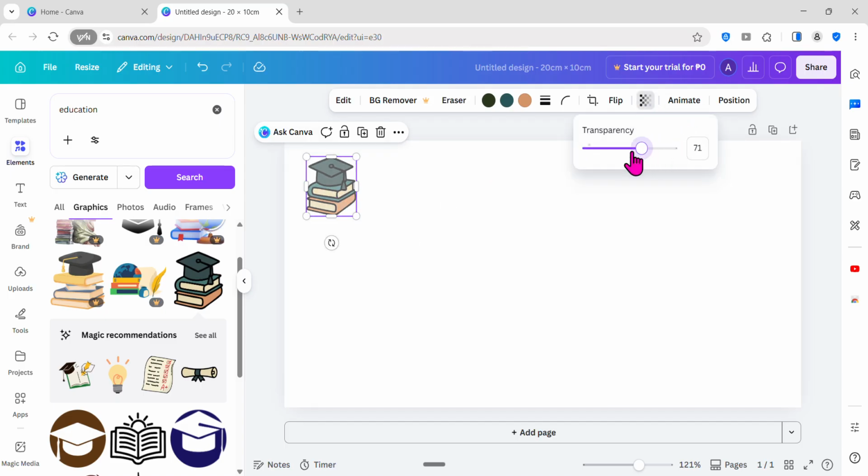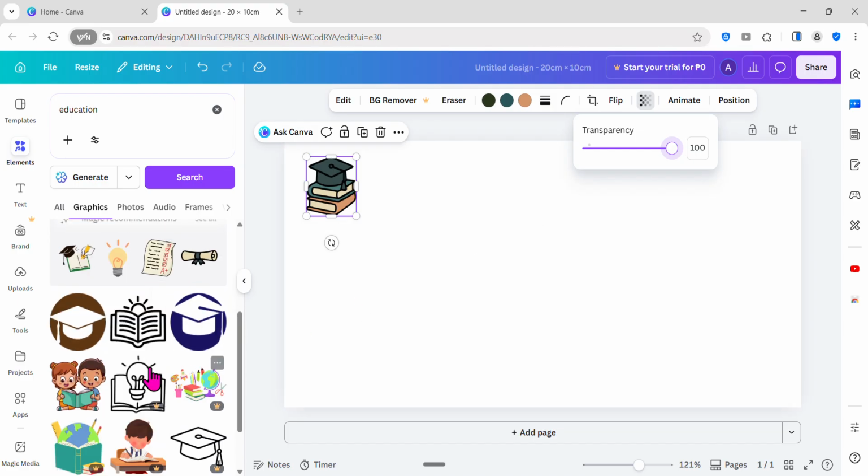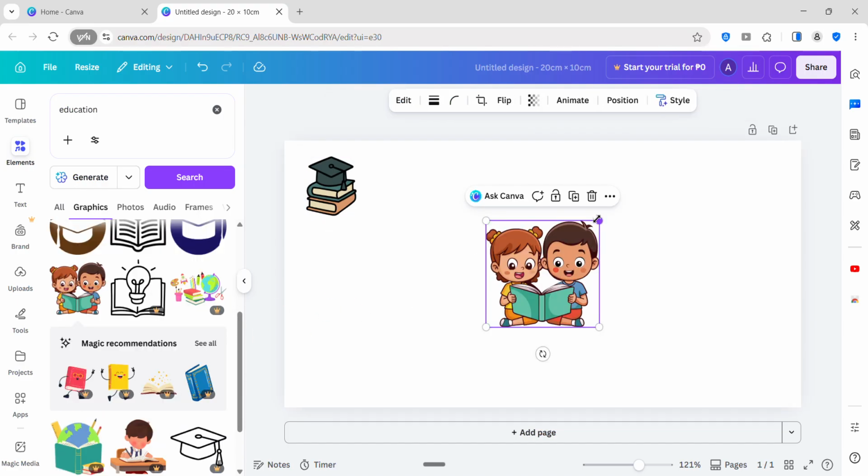You can use transparency like that, and everything else.